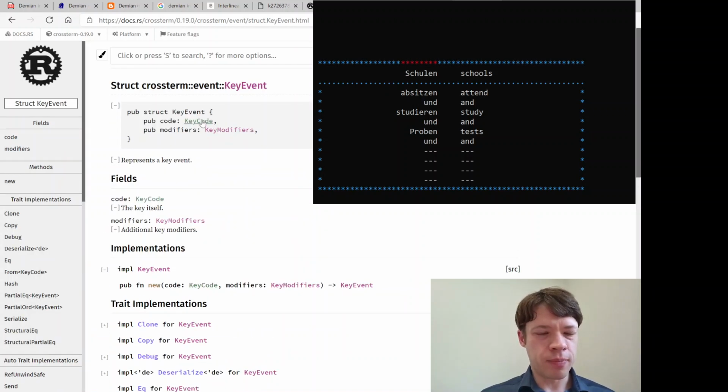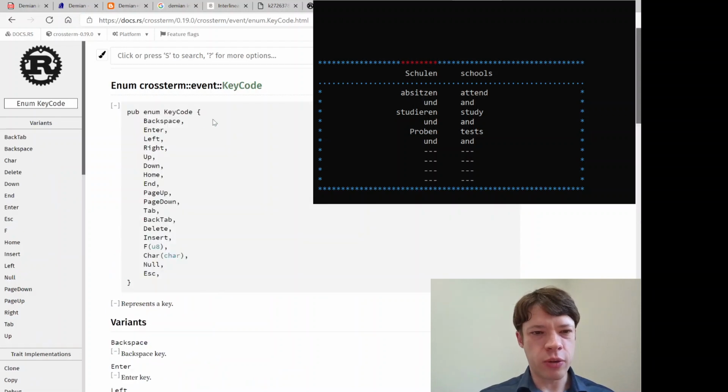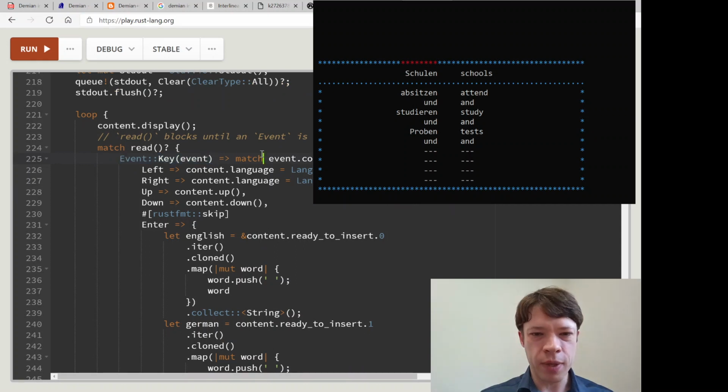It's a key code and modifiers. The key code is just the name of the key, and modifiers is like, did you push Alt or did you push Shift at the same time? Inside the key codes are all the kinds of keys: up, down, function keys. Here you put in the number, character. So if somebody types A, then that would be Char, and then put an A inside there.